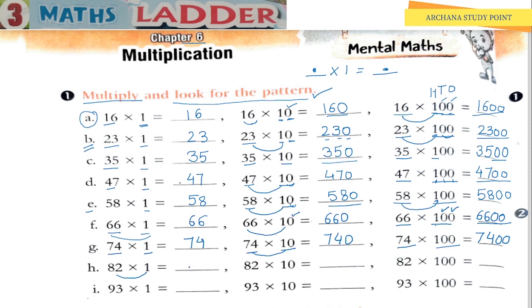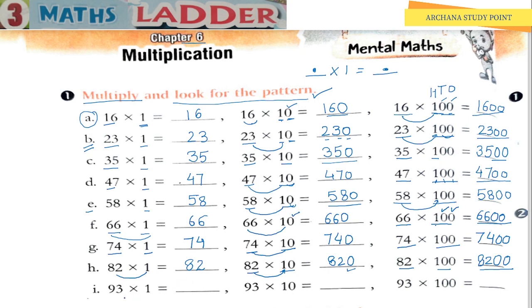Very good. Now in this question, H part, we have to multiply 82 with 1. 82 multiplied by 1 will give us what? Yes, it will give us the number itself, which is 82. Now 82 multiplied by 10. 82 when multiplied by 1 will give us what? It will give us 82, and I'll put 0 at the end, which will make the answer 820. Now 82 multiplied by 100 will give me